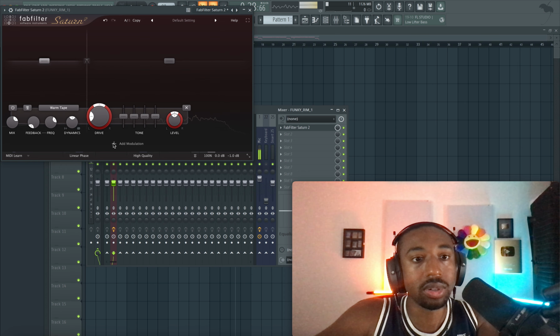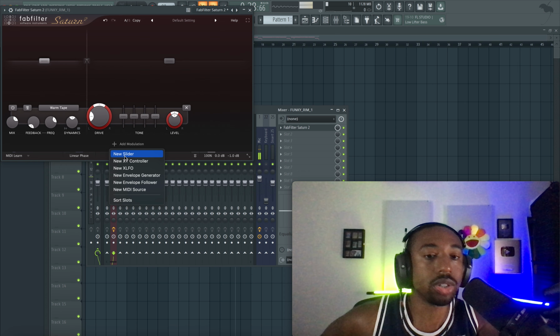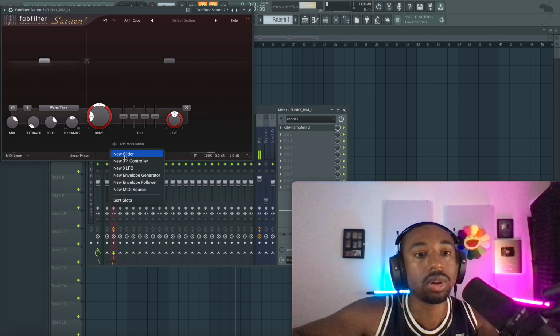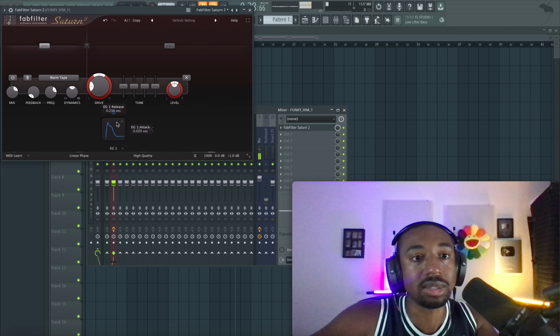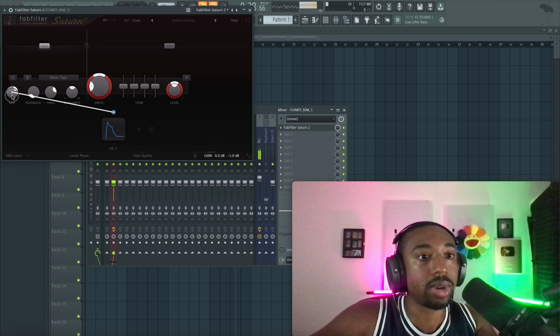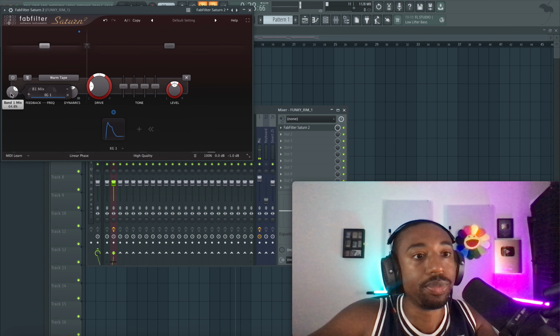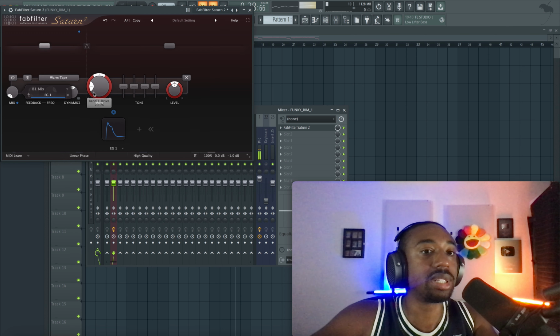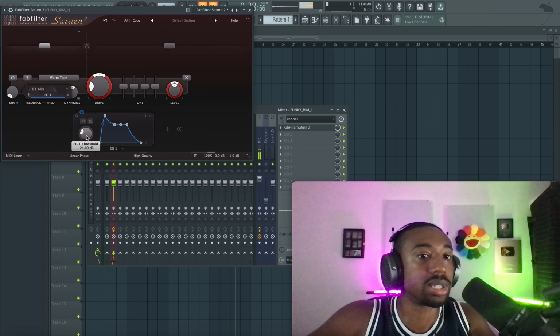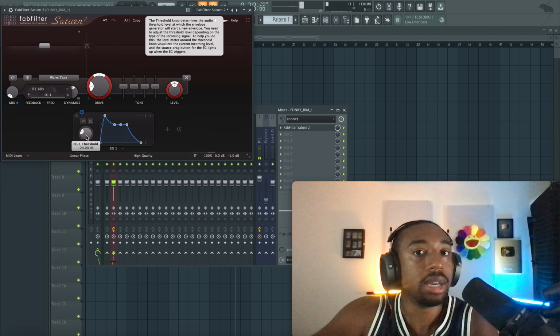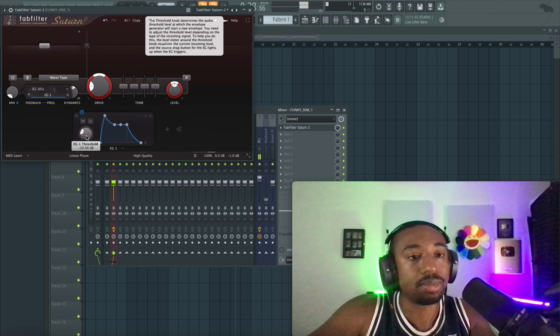And what most people don't know is the modulation tab. I learned this from Sage Audio. Shout out to Sage Audio. We're going to do what's called an envelope generator. You don't need to memorize this. I'm just showing you stuff. Grab this little blue dot, drag it to the mix level. Turn this little blue range up to 100%. Turn the mix level down to 0. So basically every time the kick surpasses a threshold, which we set here, it will saturate the kick. So that's basically how it works.